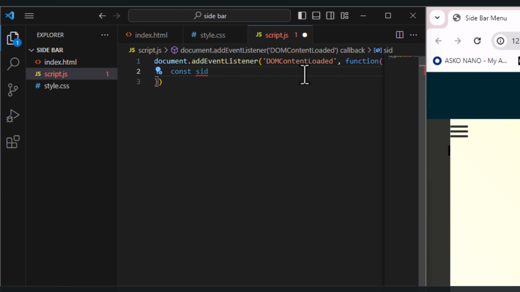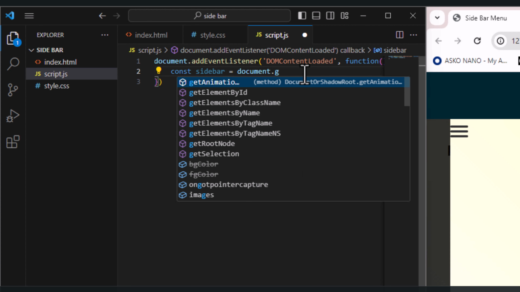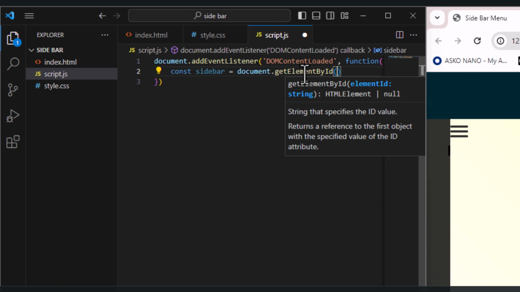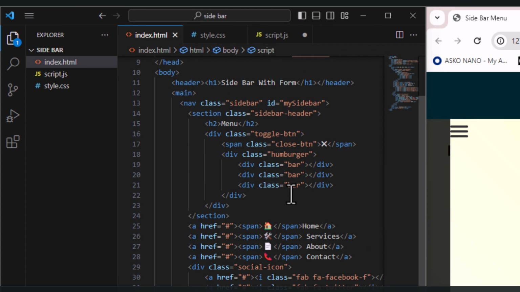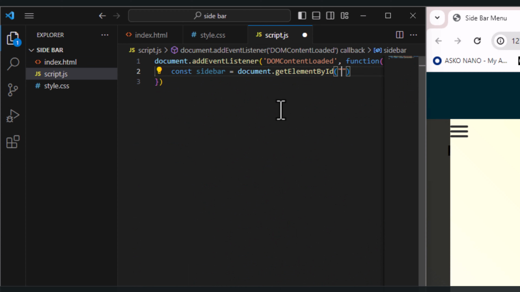We call it sidebar equal to document.getElementById, and here we need to give the ID name, and in our case we have in HTML the ID called mySidebar. So give mySidebar,